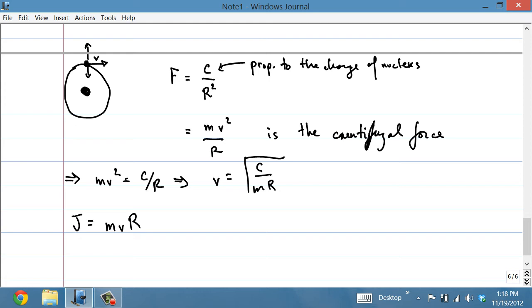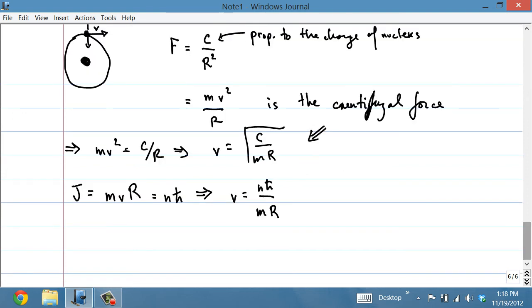This is just the angular momentum of an object moving in a circular orbit, has to be an integer times h bar, so that plugging this all in, v has to be equal to n h bar divided by mr, or plugging that into this equation up here, we see that v squared, which is n h bar over mr squared, has to be equal to c over mr,